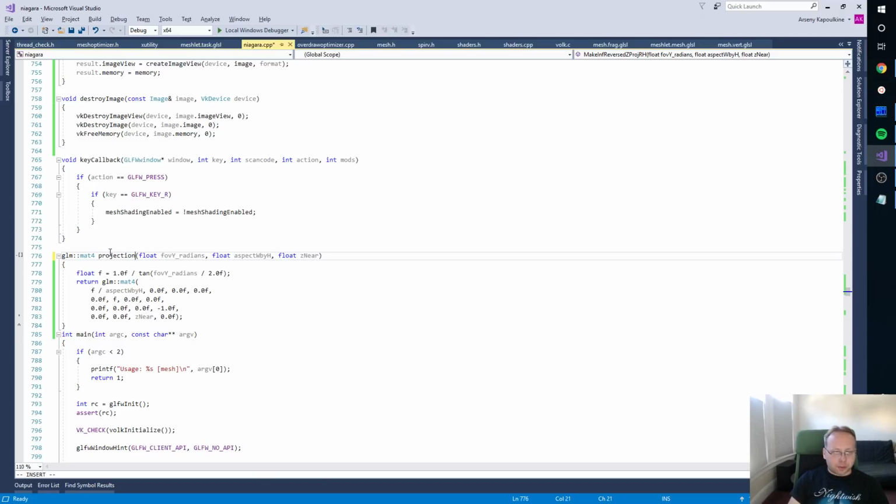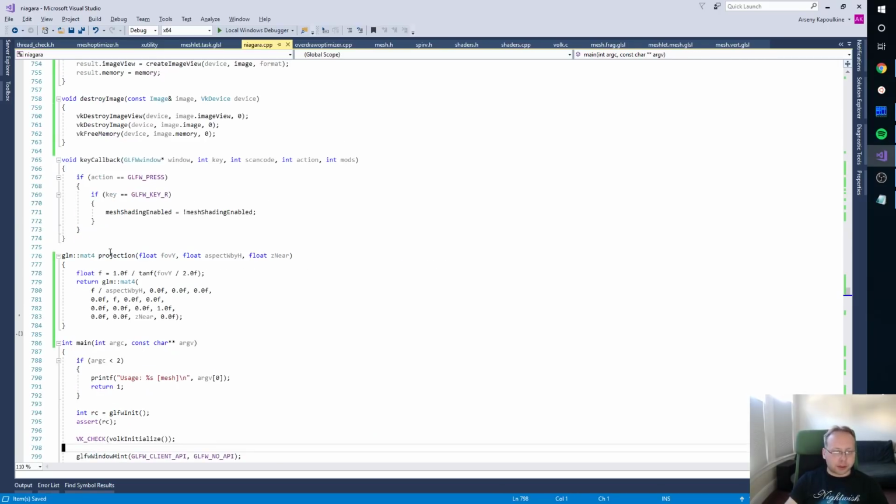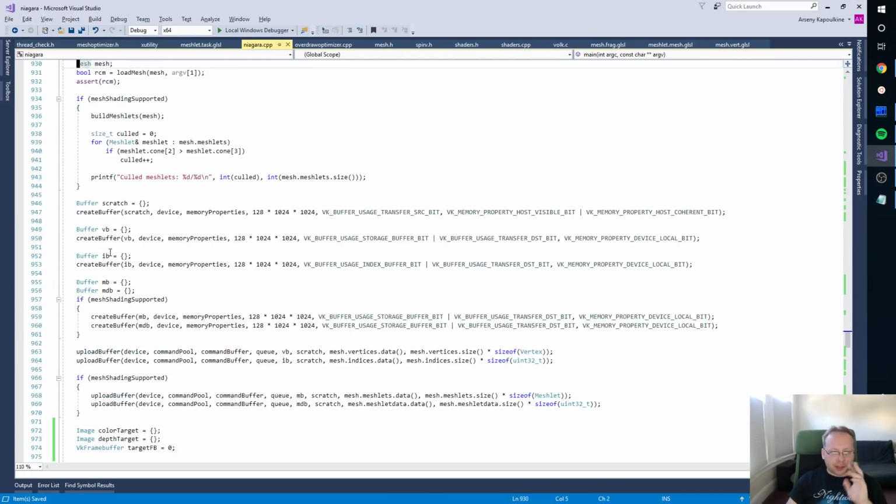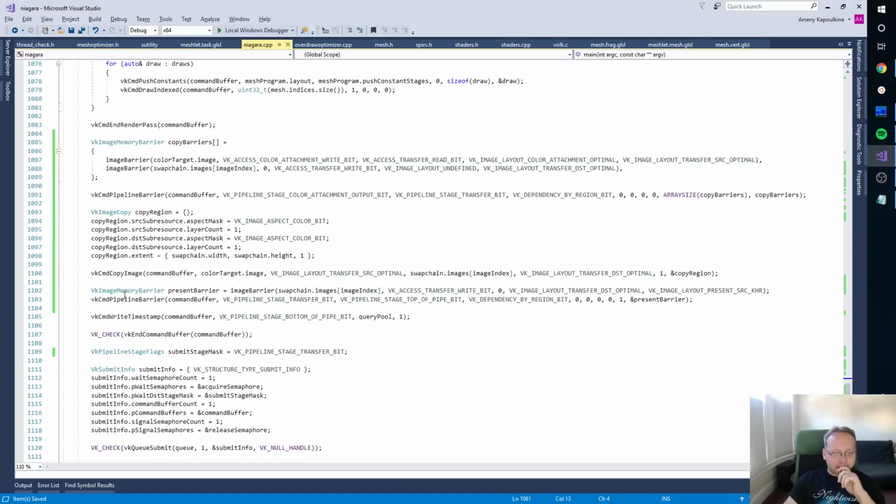So let's just call it projection of y, radians, aspect. The coding standard is different from what we used to, so let's do that. This should be tan f, not tan. And this should be 1. It could be that GLM itself has a function to do that, but